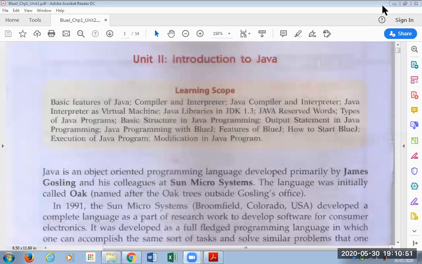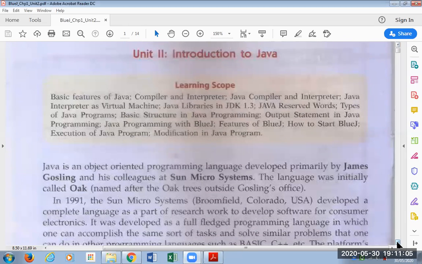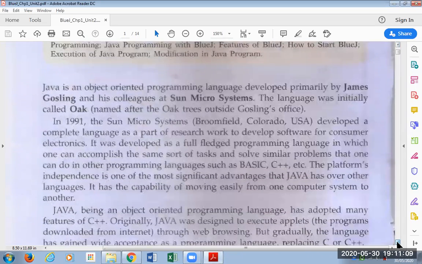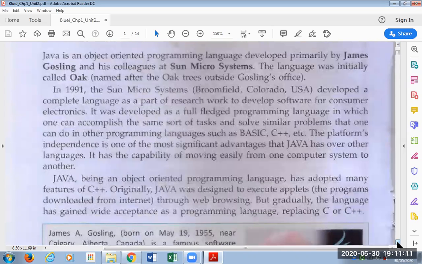So we have this chapter. This is chapter 1, unit 2, the second part of chapter 1, Introduction to Java. I thought we had done some pages from this chapter. This is the first page of this chapter, and a bit of theory we do side by side.